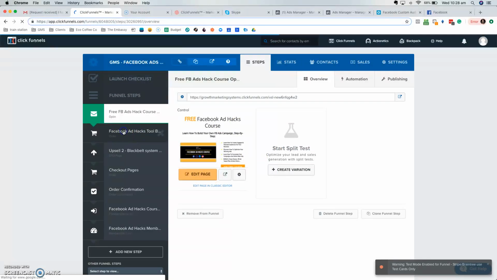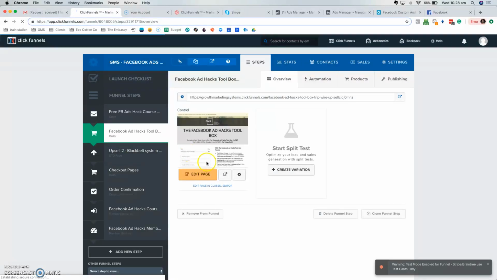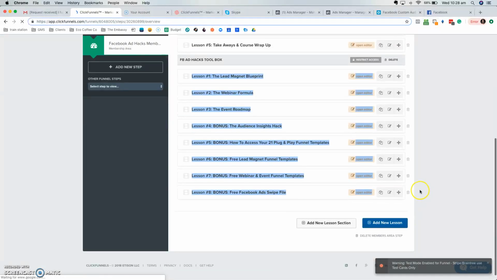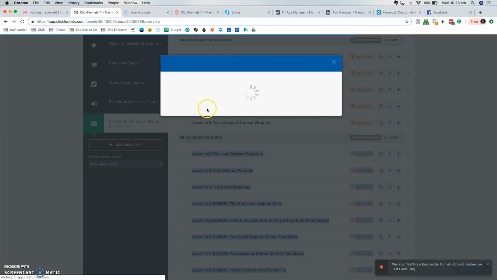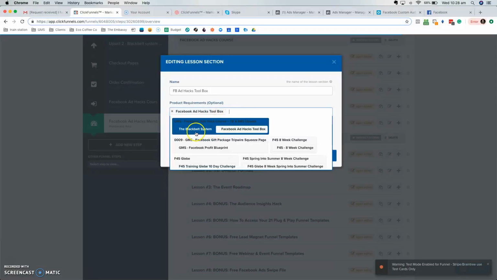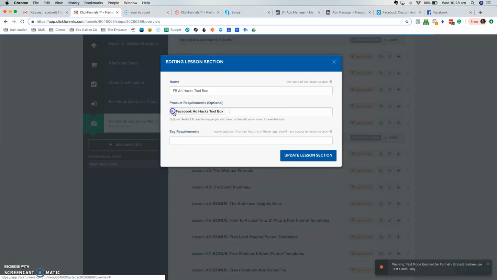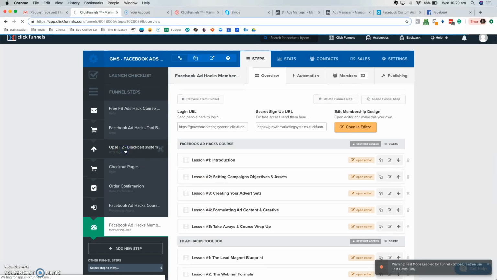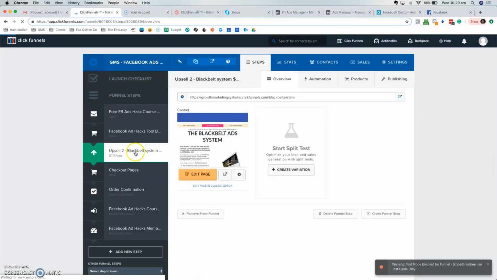Step 2 will be the first upsell. I've just made that an order page rather than an OTO page. And this should be a $27 product that will upsell into the second lesson section here. So this will be a paid restricted section. I'll just check the toolbox there, just make sure I got the right one. So that's updated. And then the third page is the second upsell for a $497